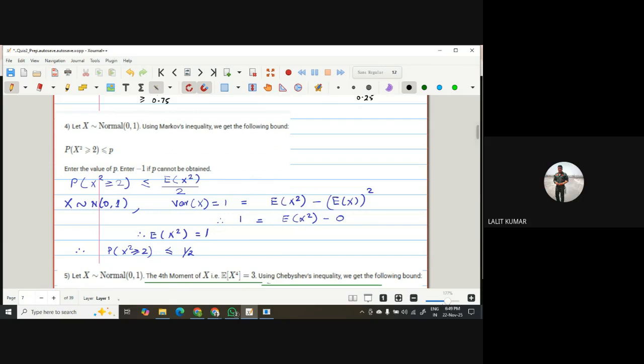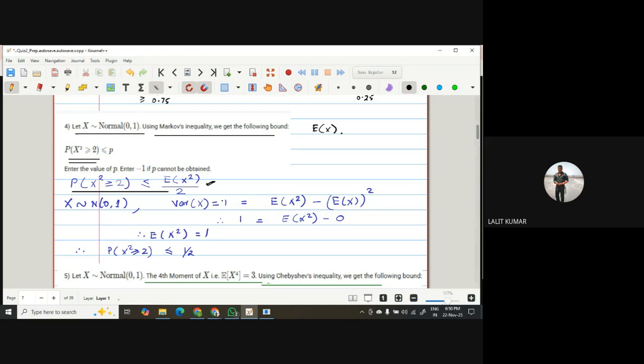Yeah. Okay. So now again, this is a tricky question. Normal 0, 1, using Markov's inequality, we get the following bound: probability of x square greater than or equal to 2 is less than p. So we know we directly put the Markov formula, E of x square by 2, but we have been given only expected value of x